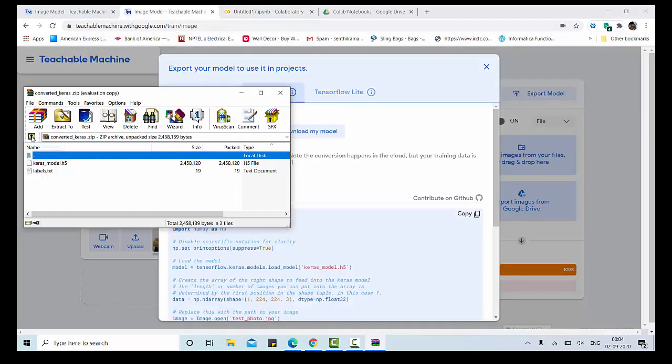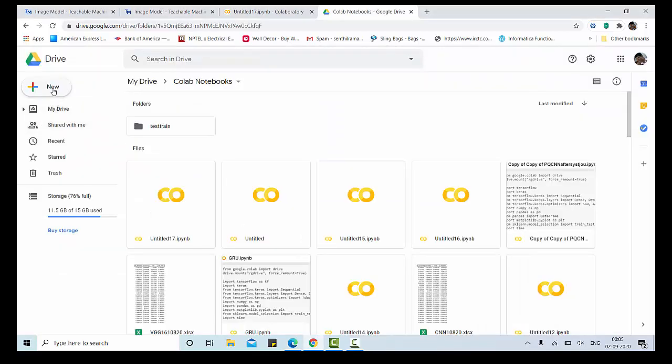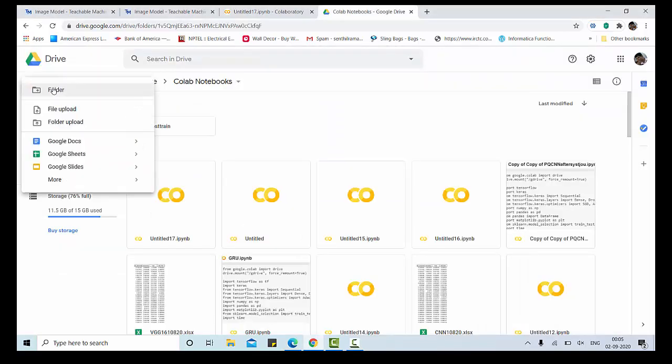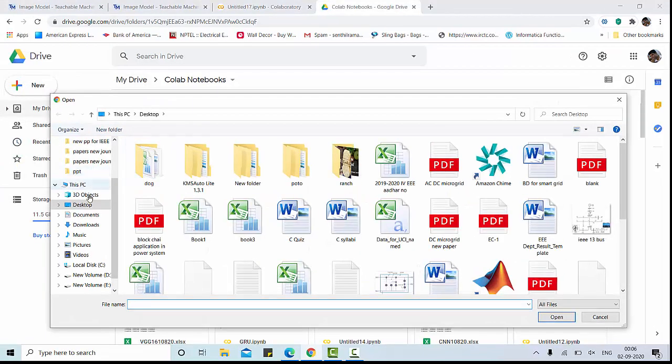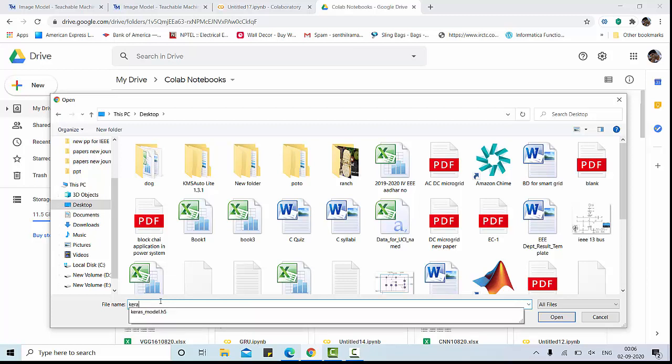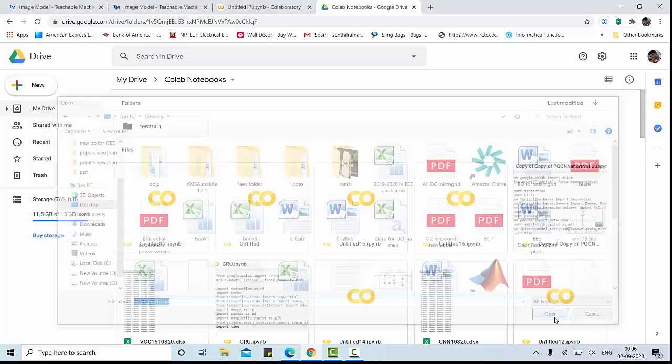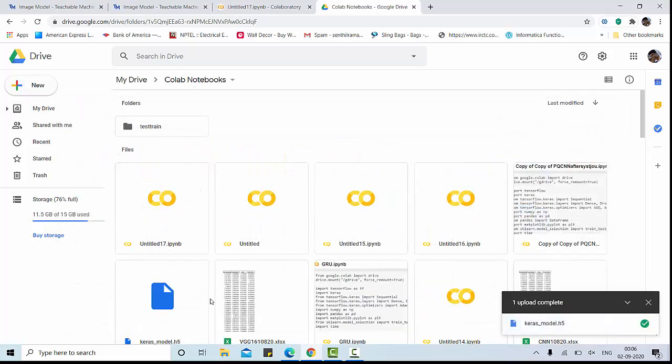Then extract this file, then upload that model in my Google Colab. Select desktop and find that keras_model.h5 file. Open. It is uploaded here in Drive, My Drive, Colab Notebook.